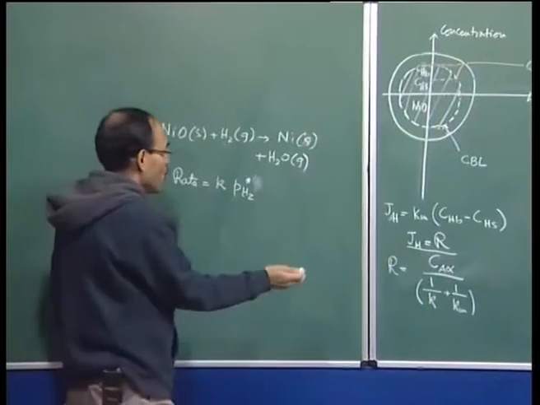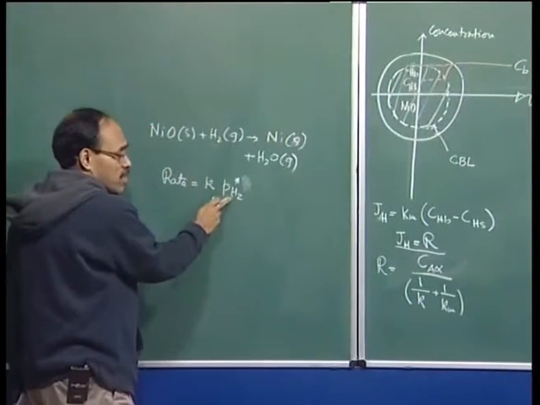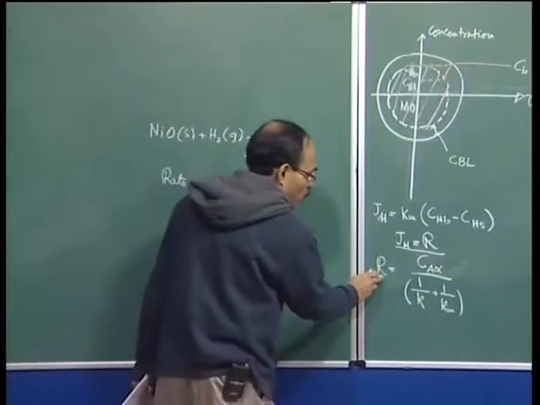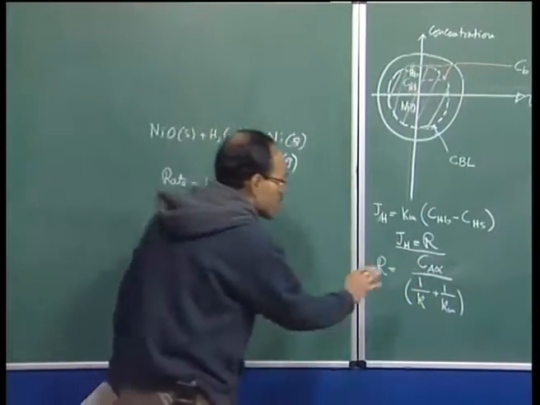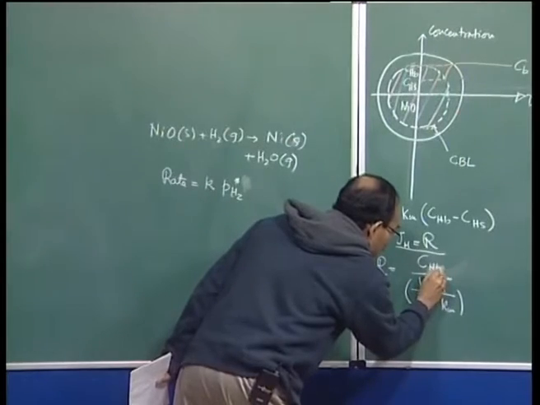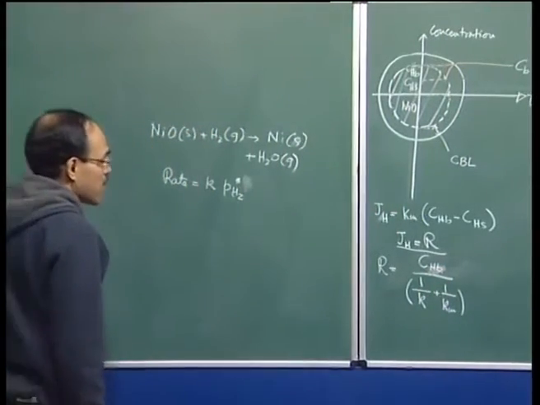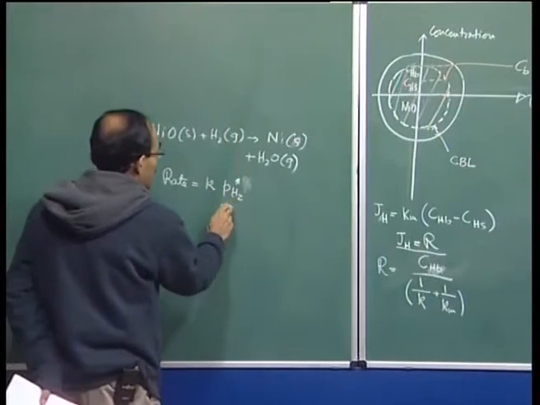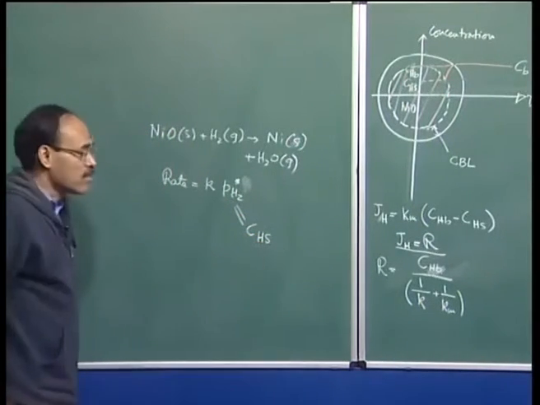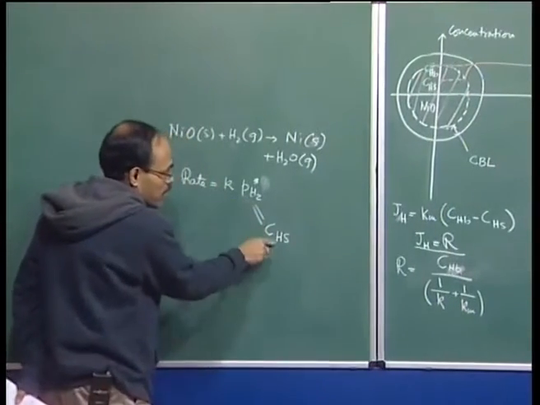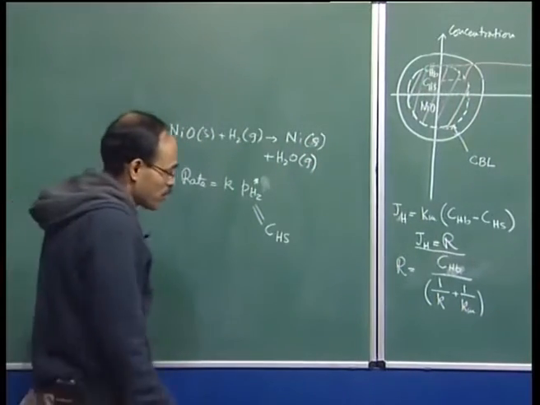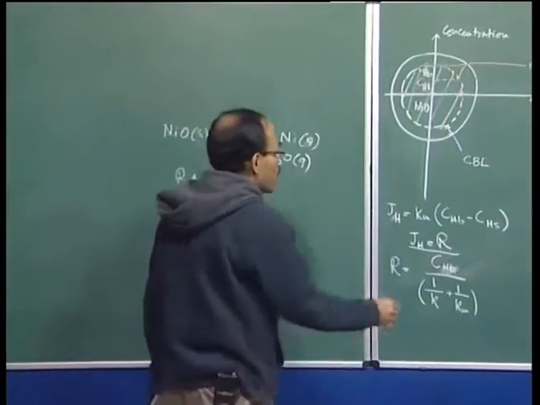So, now you see that although my initial rate expression was this, which contains surface concentration, I have been able to modify it by using my knowledge of the subject, and write an expression for rate which is now in terms of C_H sub bulk. So, earlier it is pH2, and this pH2 is basically synonymous to my C_H sub S, that is the surface concentration. And now, I have been able to convert this into this particular expression, and now you see that this has come into the picture. And on the basis of this analysis